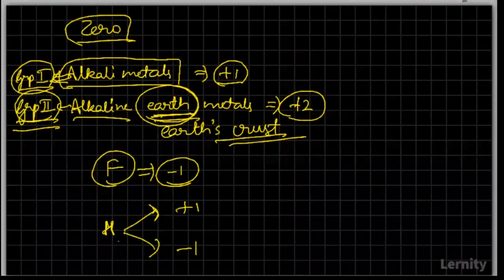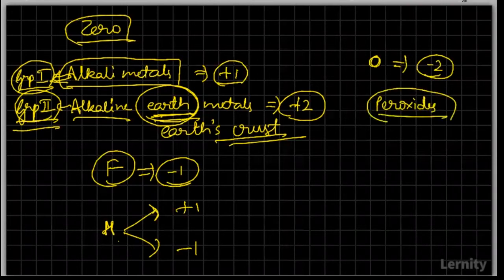And here, coming to oxygen. For oxygen, the most common oxidation number is -2. But we do have exceptions, like in the case of peroxides. Can you tell me what will be the oxidation number of oxygen in peroxides, which exist in this form? What will be the oxidation number for peroxides? In peroxides, oxygen will have it as